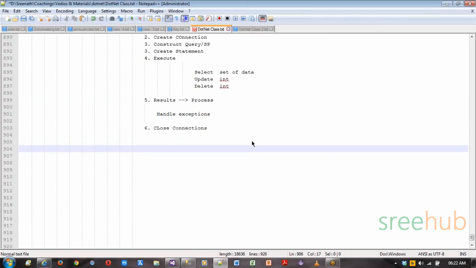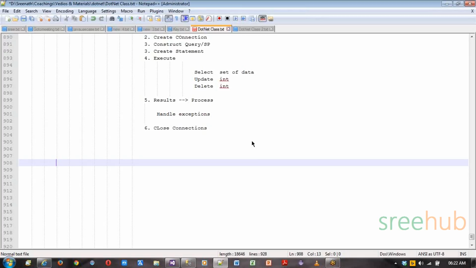So let me give you a complete list of how it goes. Any .NET application, of type web or Windows or console or any type, if we want to connect to a database, then it has to go through ADO database access, where there will be many classes. And again, you have databases of different types. So whenever we say ADO,